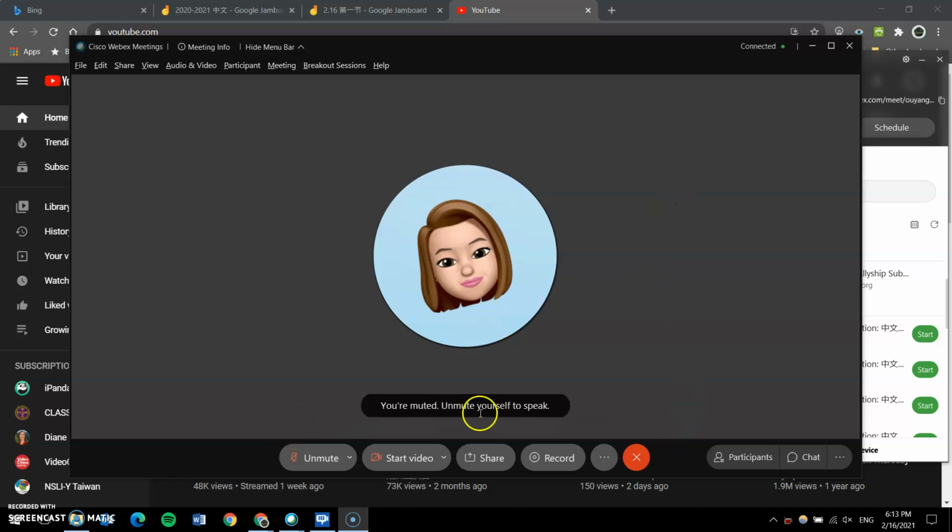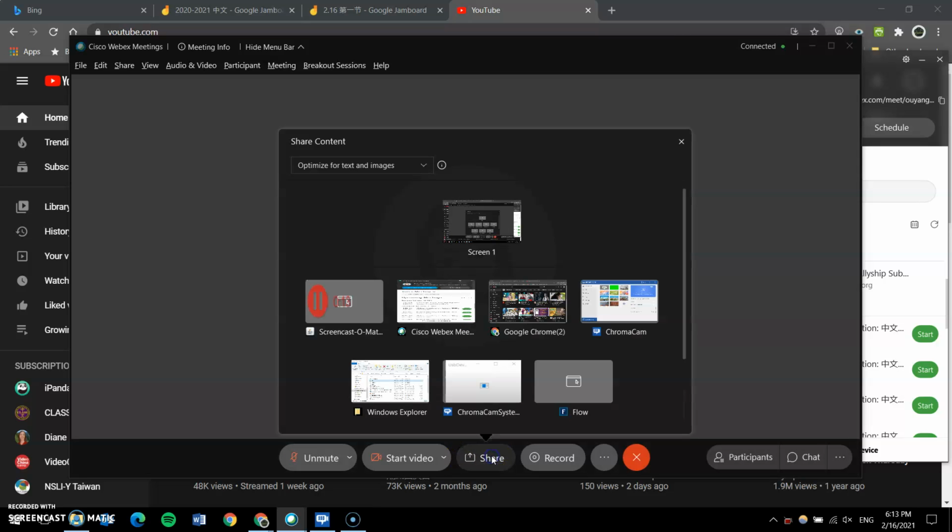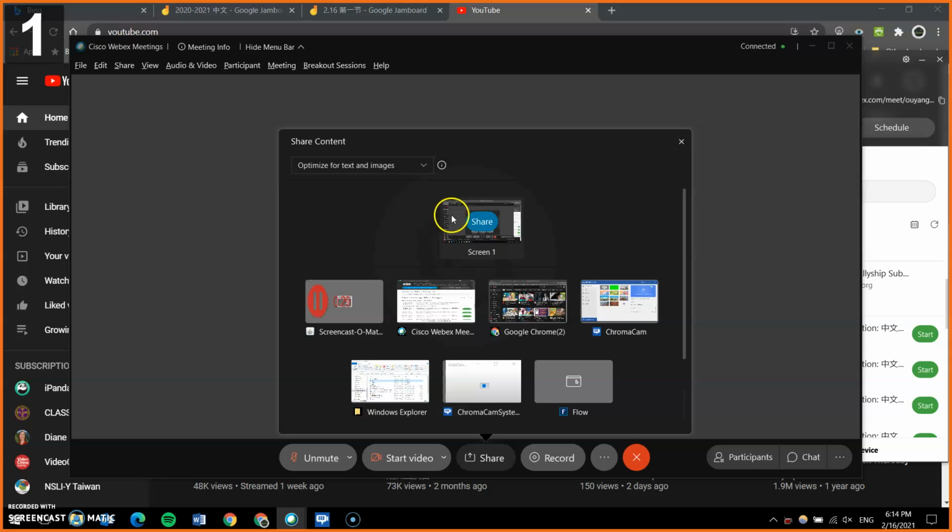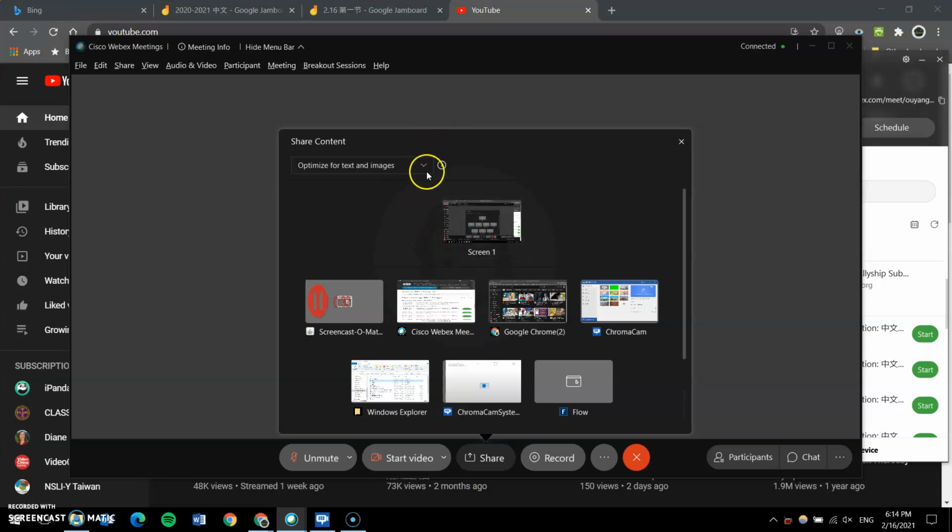So when you've opened a meeting, and the participants should be able to see this too, but here with the little box and an arrow, if you click share content, you can actually do this also in breakout rooms, especially if you want to ask students to share their screen with you. If you just tell them to look for the bottom area over here where they click share content, their window may look a little bit different from yours, but it's mostly the same because right now I am the